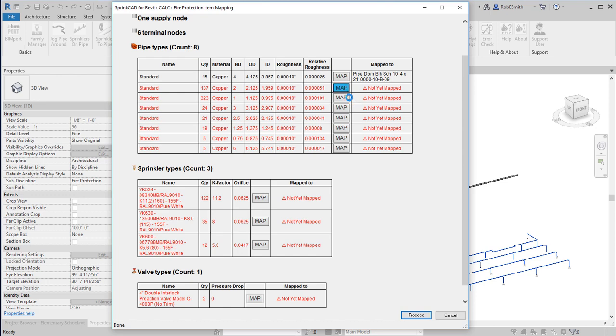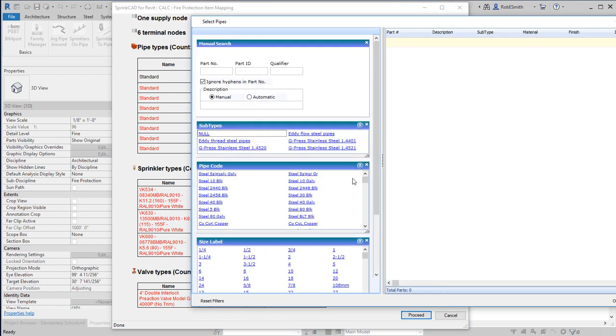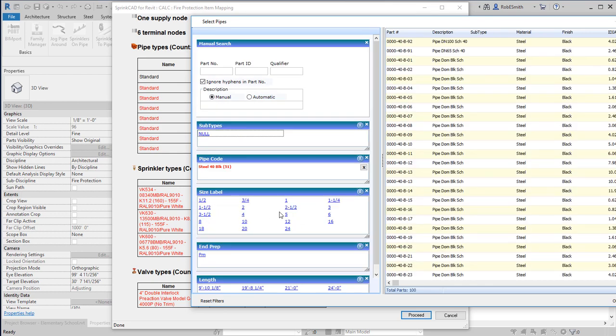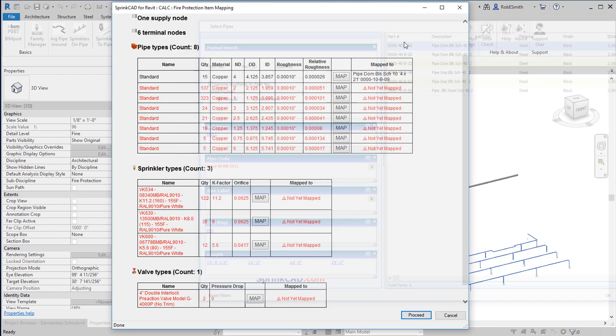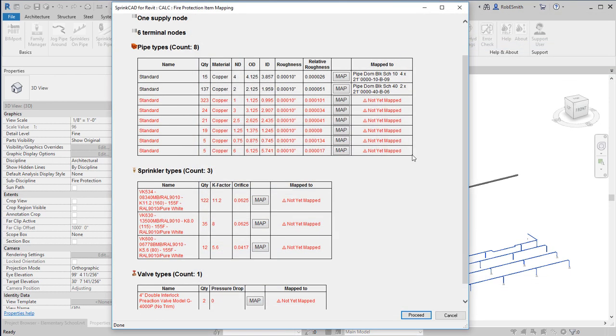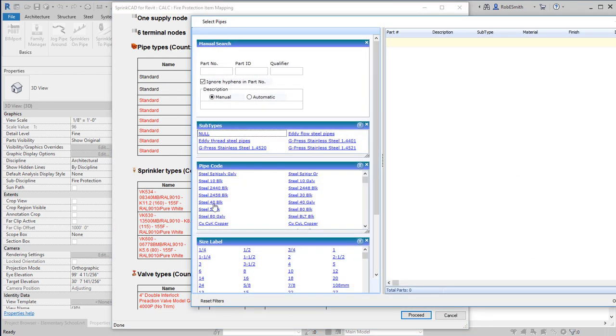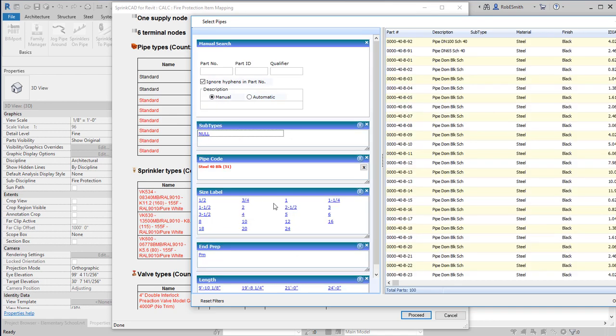2-inch. Let's say that 2-inch and below, 2-inch through 1-inch, I'm going to use Schedule 40. So I select Steel Schedule 40, 2-inch, and I'll pick one of these records. I can double click as well as use the OK button. 1-inch nominal diameter, so again I'm going to go with Schedule 40 black, 1-inch pipe,